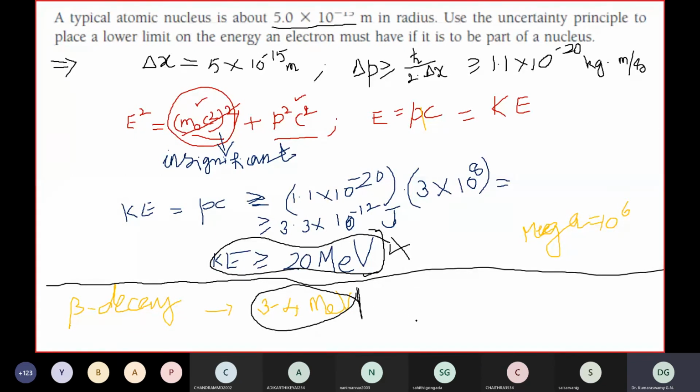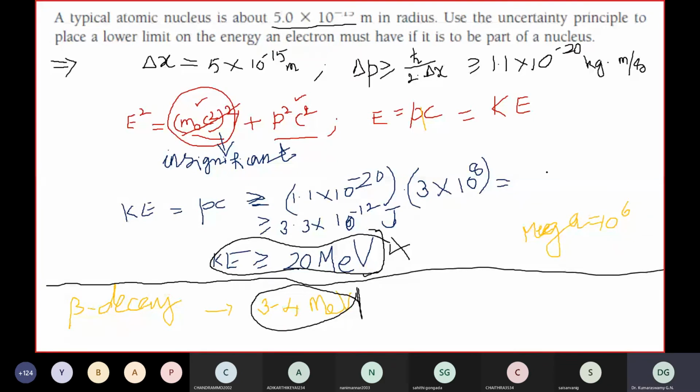Sir, also we have to assume that it is a moving particle but not a stationary one. It is moving. Within the nucleus, it is moving. That is why we are talking about only its kinetic energy. I mean, they didn't mention it, sir, that it is moving. That's why I asked. It has to move. Don't worry. If a particle is inside, it has to move. An electron has to move, whether inside the nucleus or in the orbitals outside the nucleus. Okay, sir.